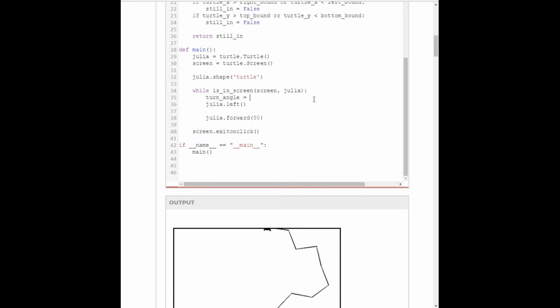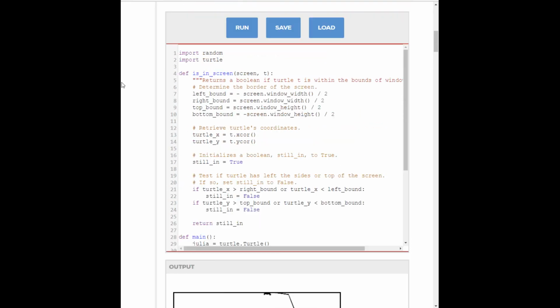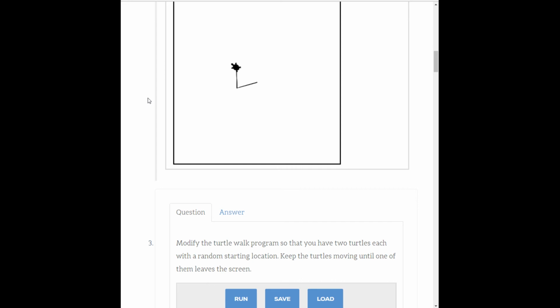And then I'm going to make that be equal to random rand range somewhere between 0, so not churning at all, and 361. So somewhere between 0 and 360, 361 exclusive. And then she's going to churn left by that churn angle. And then she's going to go forward. So while she's in the screen, she's going to pick an angle somewhere between 0 and 360, churn that churn angle, and then go forward. So let's see. So now she's truly random,